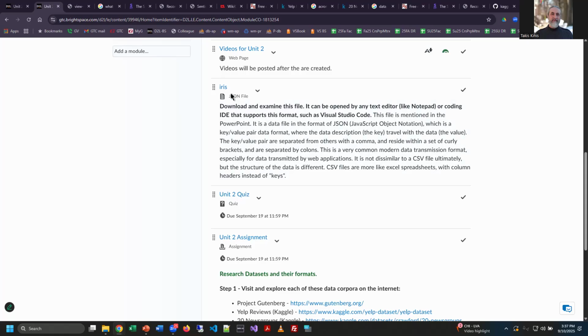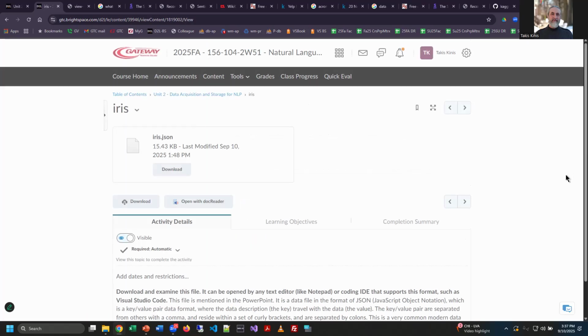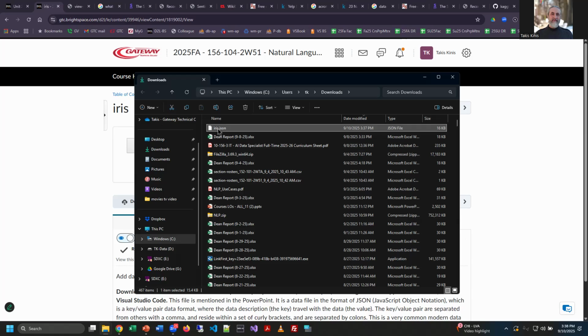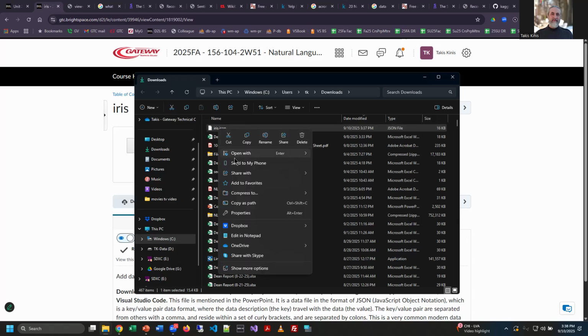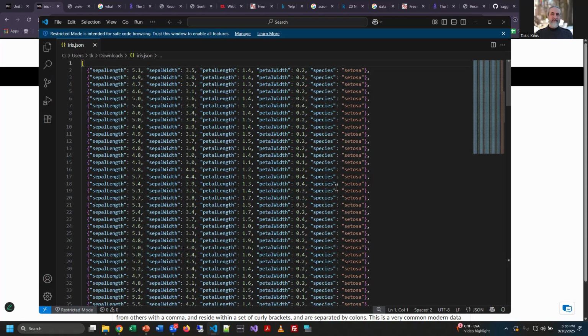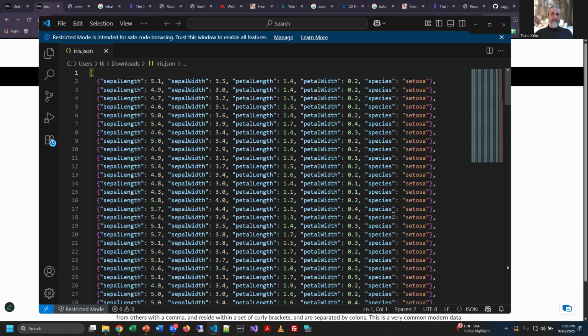Let's take a look at the file really quick. I'm going to go ahead and download it. I know I already have it here on the system somewhere, but this just seems a little faster right now. It is in my downloads folder, and I'm just going to right click, and you can open it with any program that opens text files, frankly. I'm going to go ahead and open it with Visual Studio Code, and it might ask me to install extensions and stuff, but I just really want to look at the file. And what you'll notice here is as I zoom in, and I'm going to try to zoom in. All right, there we go.